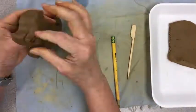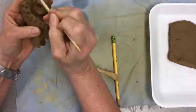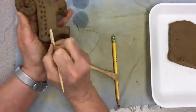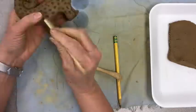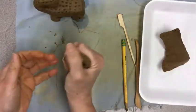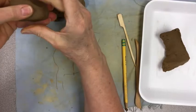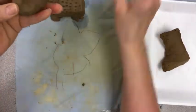Now, if you want to cut the toes of the chameleon, you know how they have cool looking feet, you can do that. And then you're going to add a texture to the clay. I sped it up because this was kind of a long video and I'll show you how to do that in class. The head of the clay chameleon is another little kind of a triangular shape, and you're going to